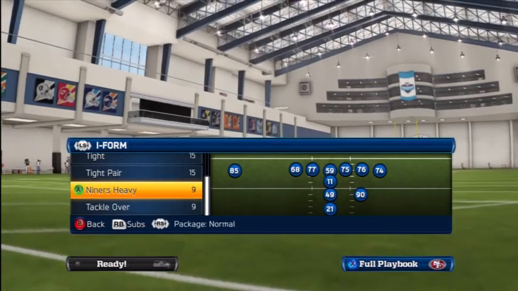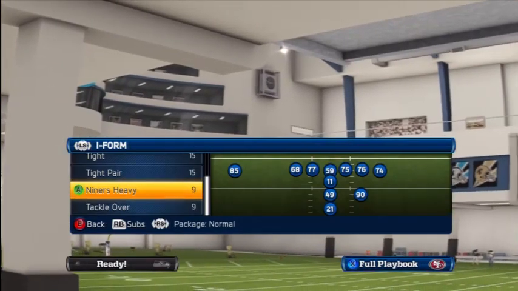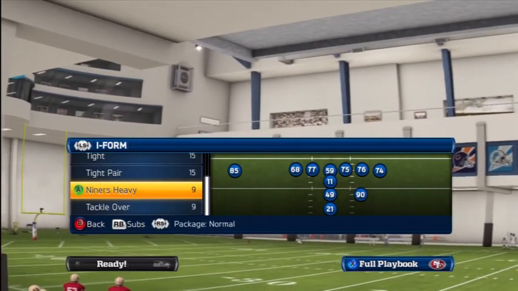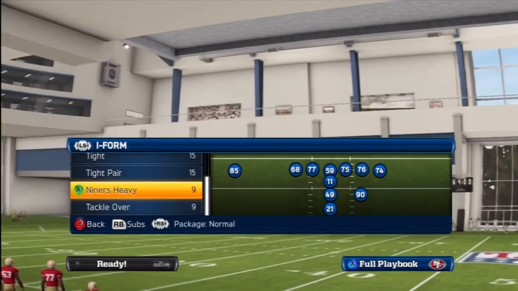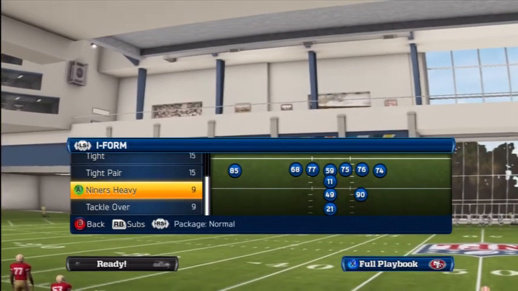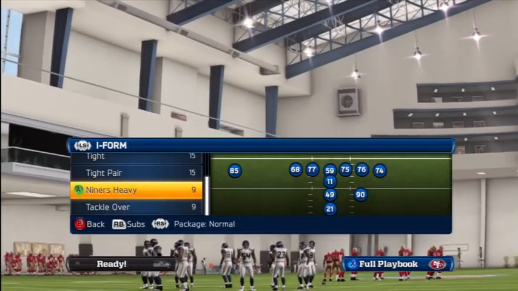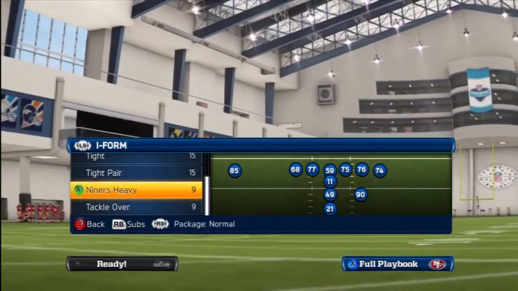With the sheer amount of people complaining about the Infinity Engine and the physics of the game preventing and prohibiting you from running the ball between the tackles, even off tackle to an extent, people have just kind of shied away from the run game, and it's kind of become an all out pass game. Well, I'm here to tell you that while the run game is more difficult than in years past,